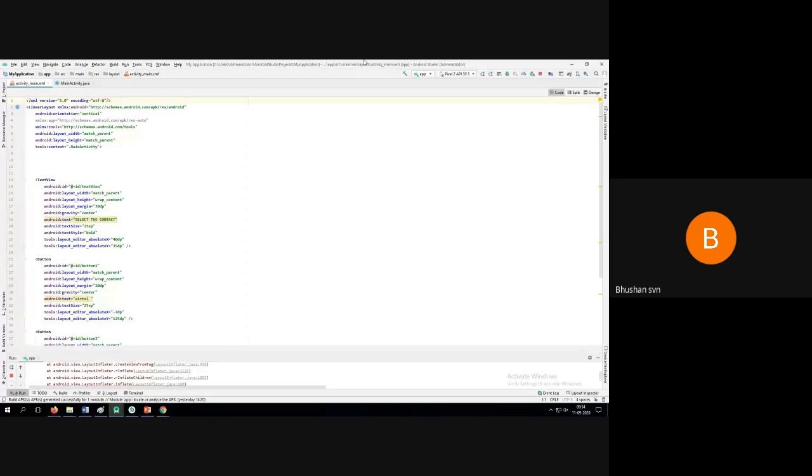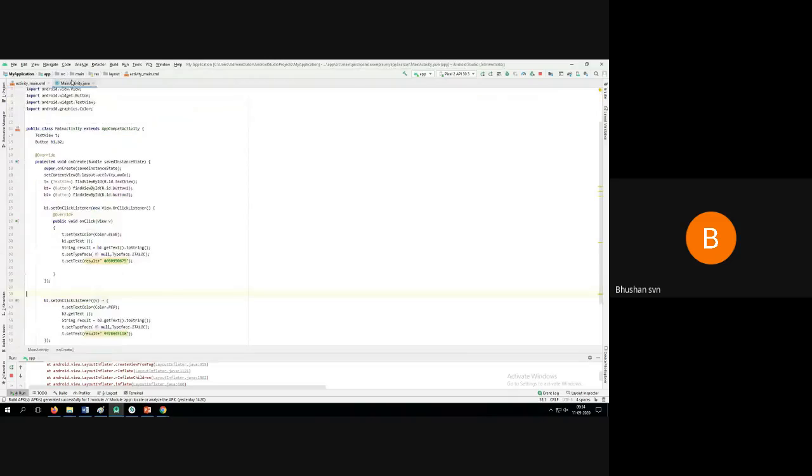Okay, next. So here another is a Java file. The Java file basically is used here to write the business logic. So I told you that I have got one text field and two buttons. So when I click on a button, some action has to be triggered.